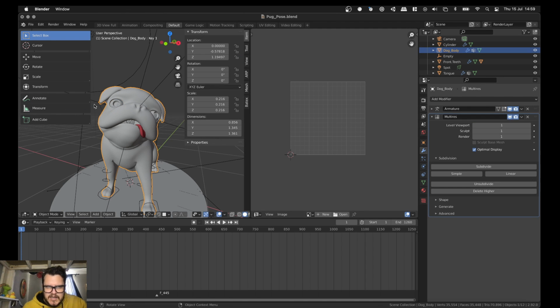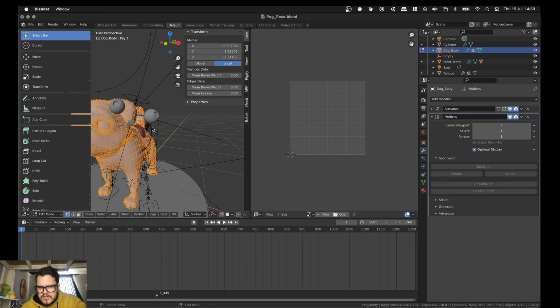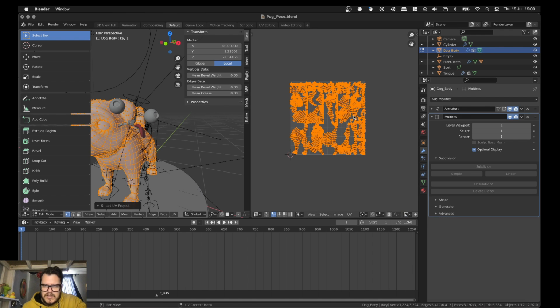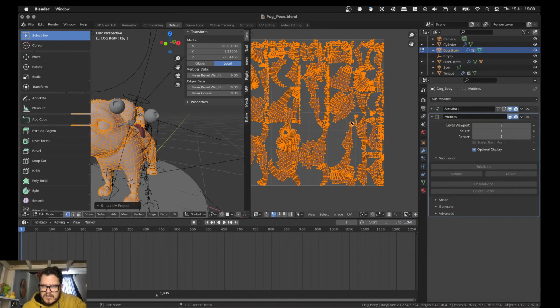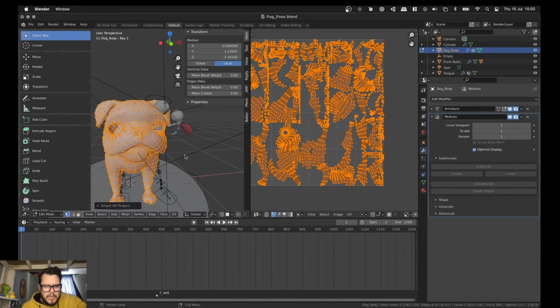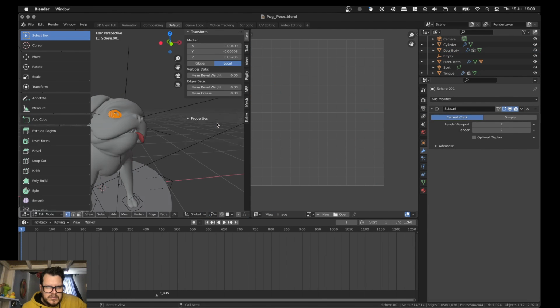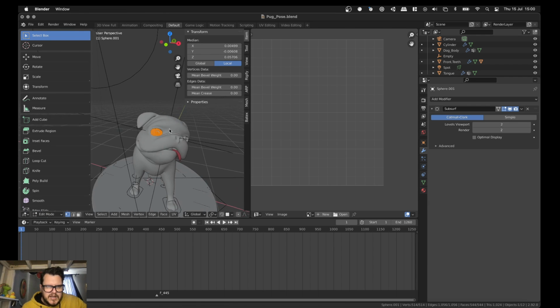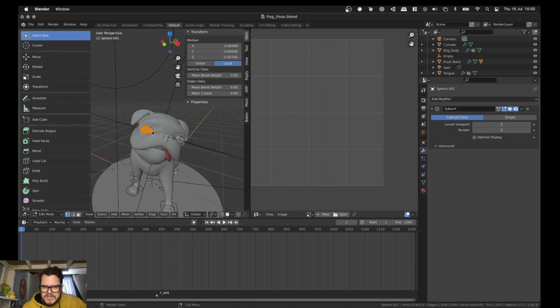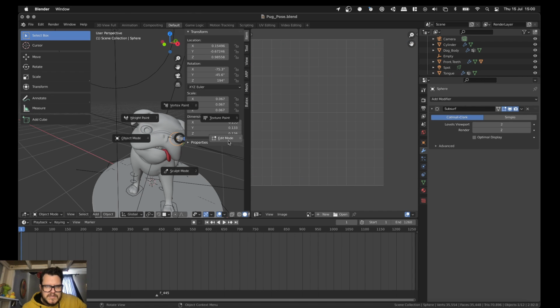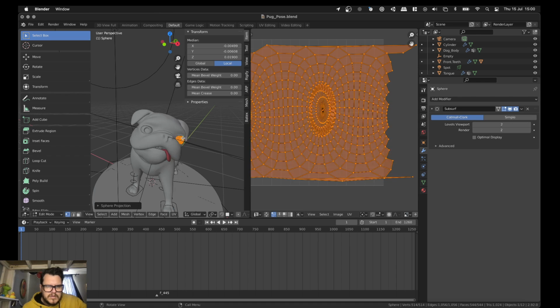So in this case, let's say, did I unwrap this? Doesn't look like it. Okay, so I'm going to go ahead and do some quick projection here, like just smart UV, and it's never as smart as it thinks it is, because this just creates an awful lot of seams. But if we were going to unwrap the entire character and put it all on one UV set, then we would need to at least set up some initial projections. So in this case I would say maybe spherical projection, and then on that one the same,